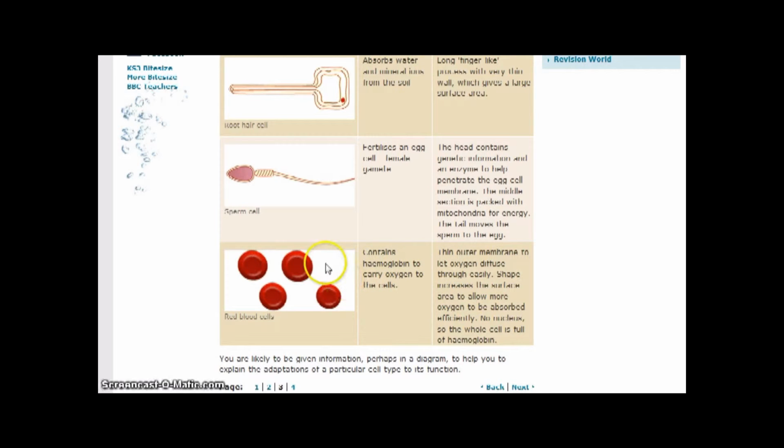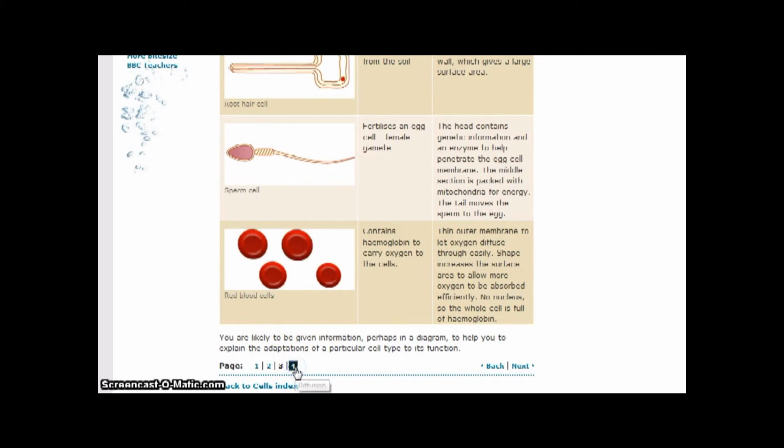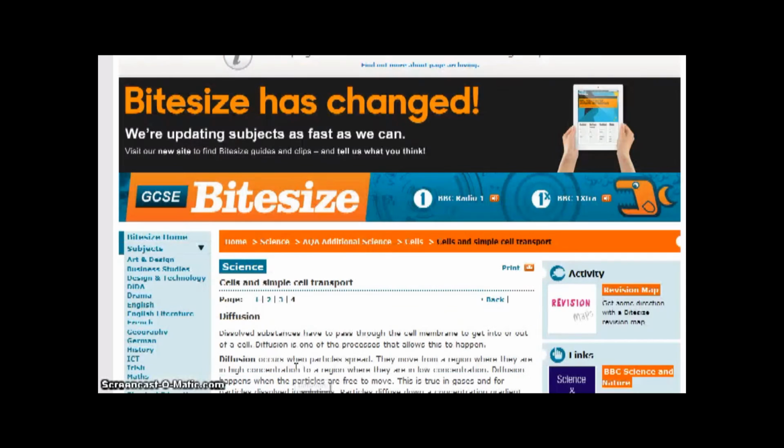Red blood cells, so they contain hemoglobin to carry oxygen. They have a concave shape, that means where it dips in or dips out, and that increases the surface area to allow it to absorb more oxygen. It doesn't have a nucleus, that means it can have more hemoglobin to carry more oxygen, and the concave shape allows it to easily pass through arteries and all that sort of stuff. Let's read what it says here. Thin outer layer, shape increases the surface area. Yep. And then if we move on to the last bit of this video,